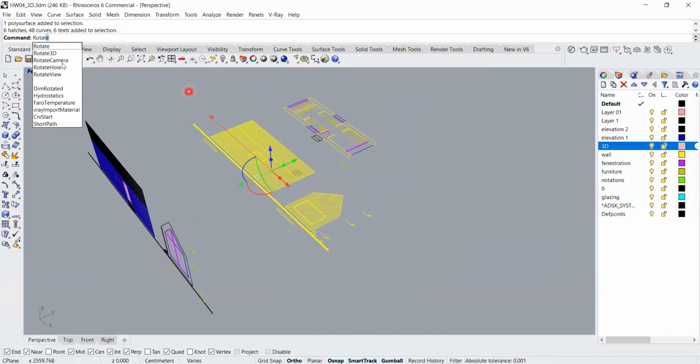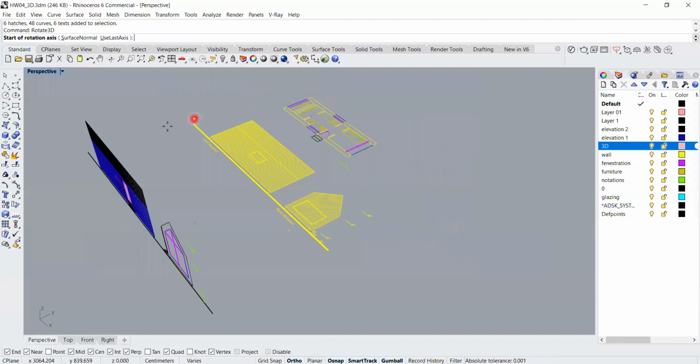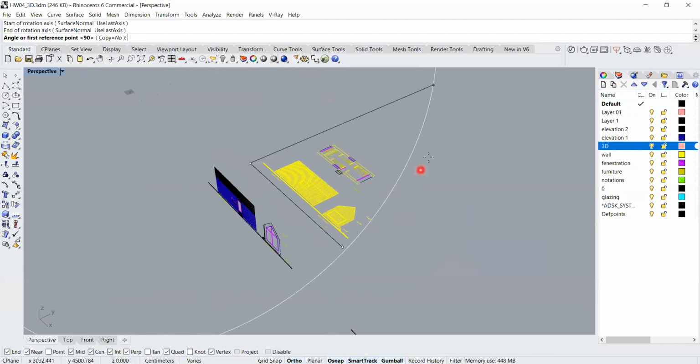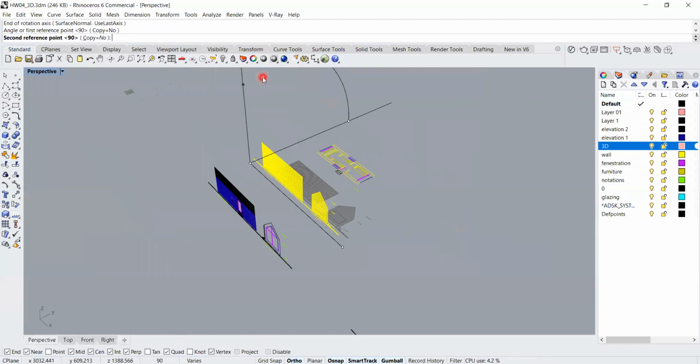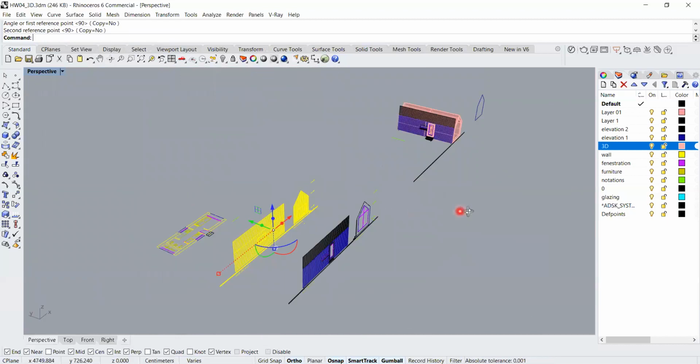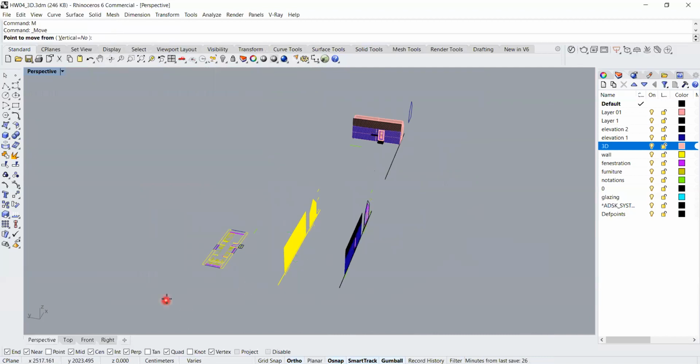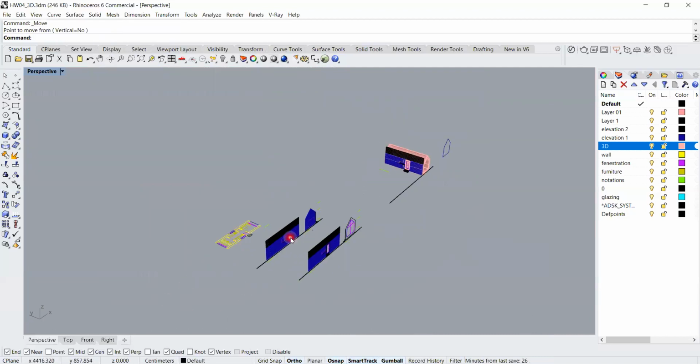Rotate 3D. And then I just want to rotate it around this axis. So it just rotates around this. Since it is ortho again, it will become 90 degrees rotated. And then I just copy this one,